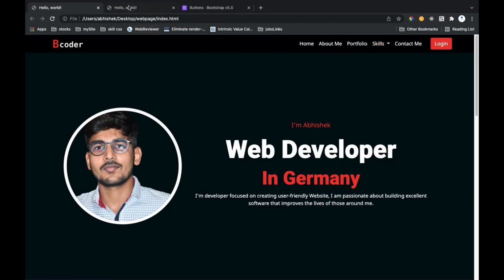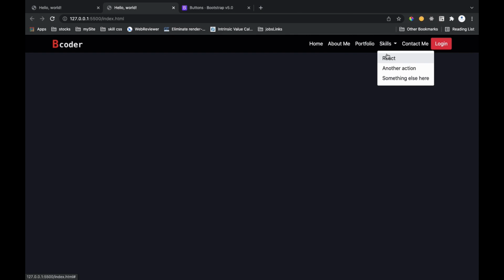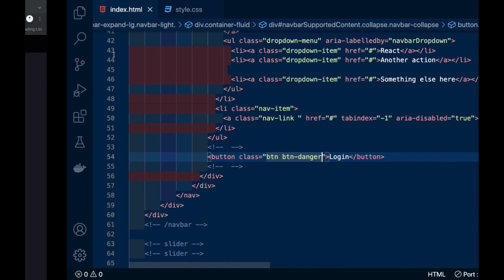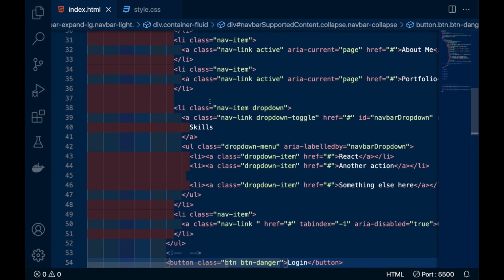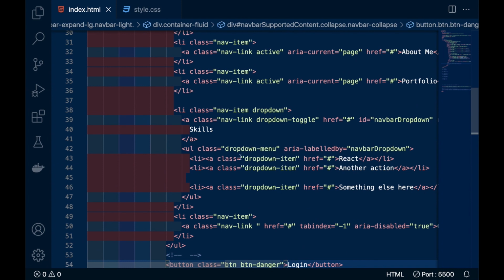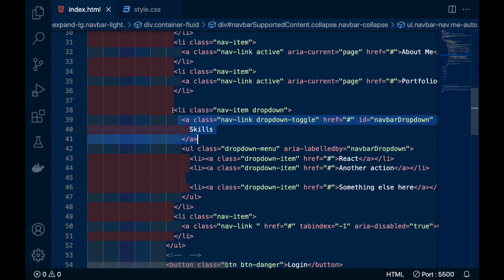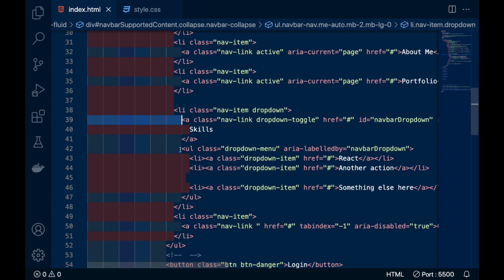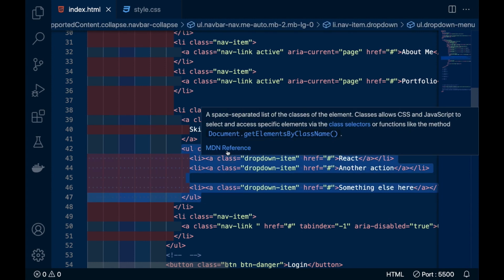Properly working. And one more thing I have to do, this drop down is white color, and I have to set it black. So for that we are going to copy this drop down. This skill was the drop down, and inside this skill, friends, there is an li. All the menus you are seeing are an li, and inside the li there is another ul. This is the drop down.